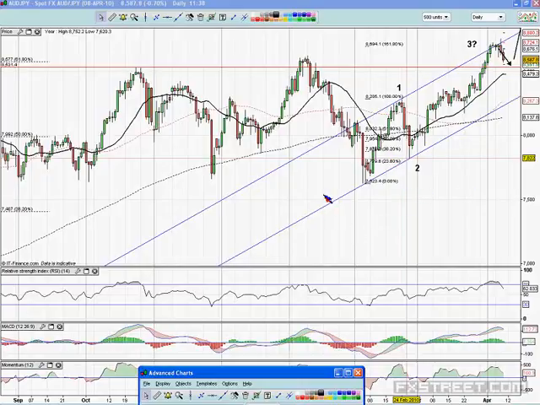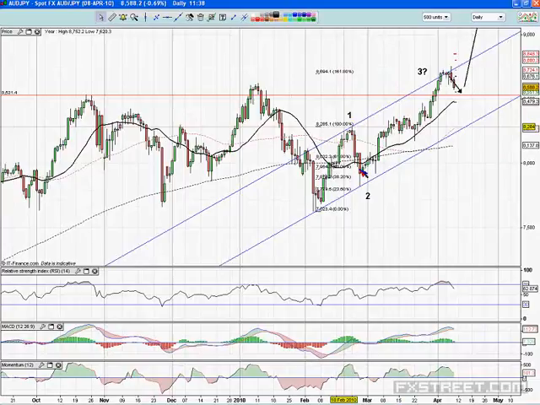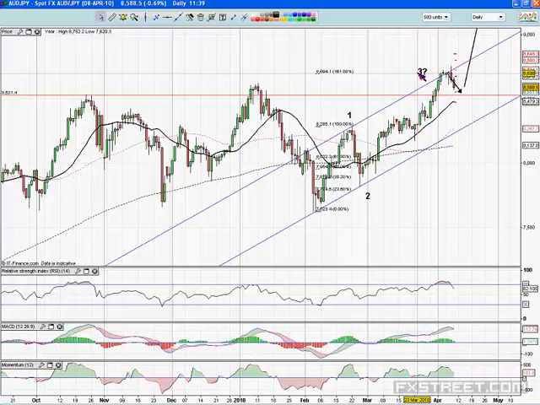And this is what I can see now. I can see wave 1, wave 2, wave 3. We stopped at 86.94 with a 161.8 projection. And we formed a top here. We've moved lower. I only expect a move down to around 85.30. And that would line up